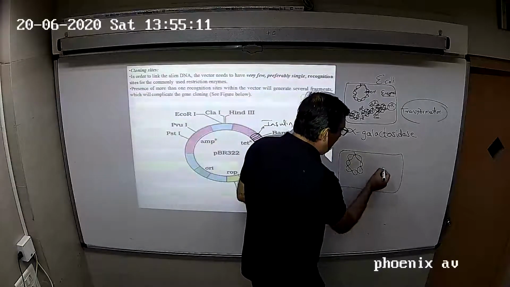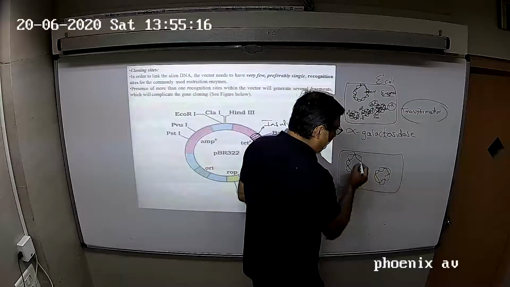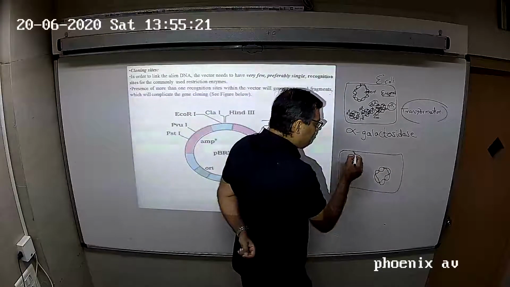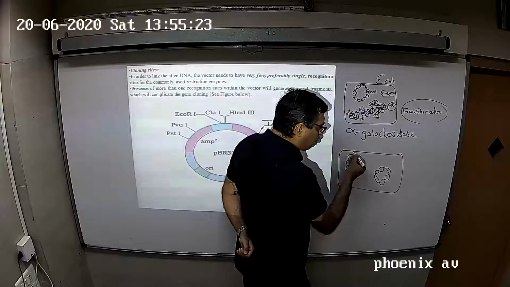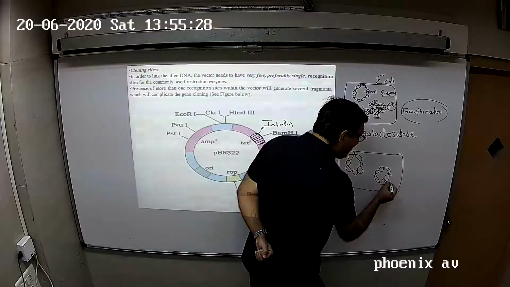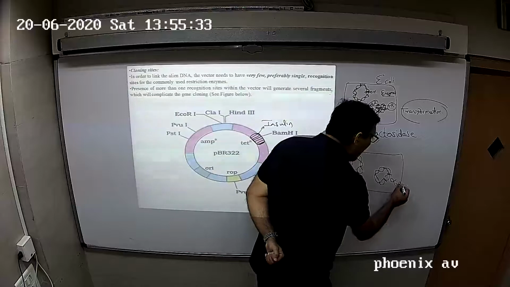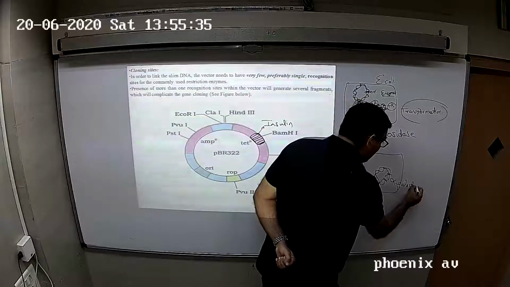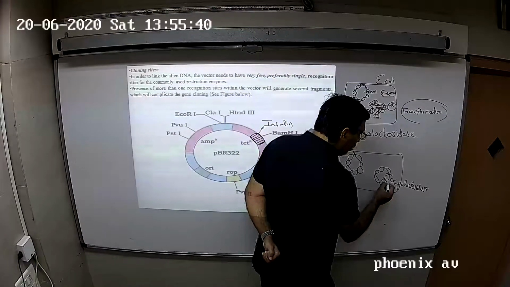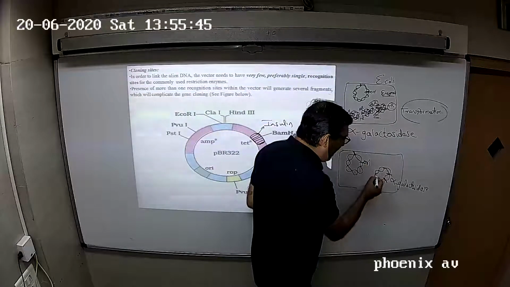This plasmid has a gene for an enzyme called alpha galactosidase. This gene is present inside, and if the ori of the bacteria and the ori of